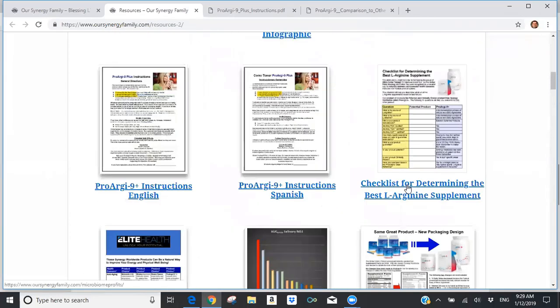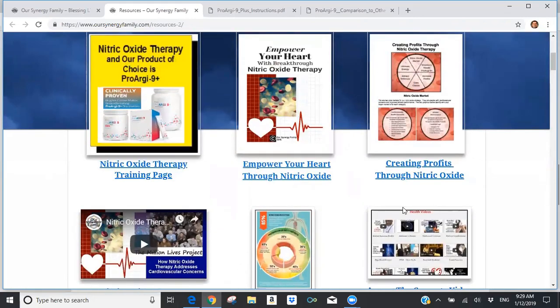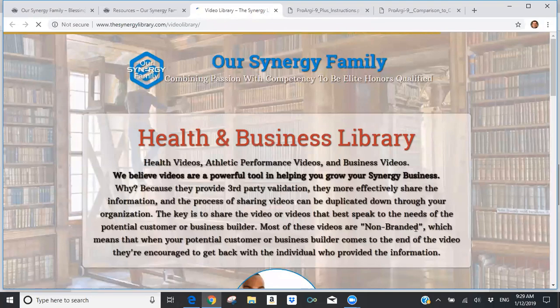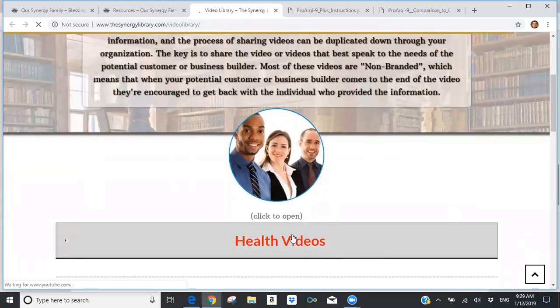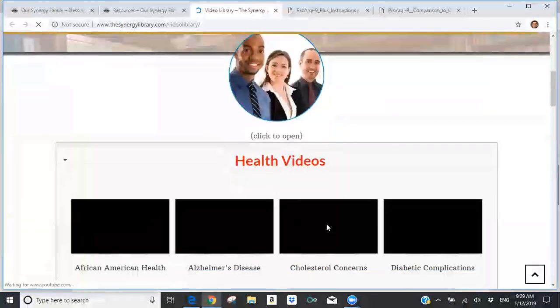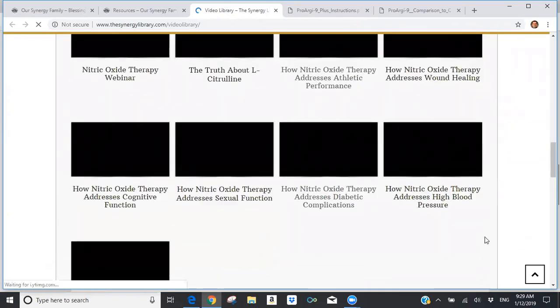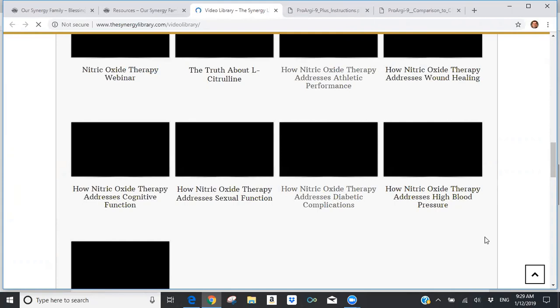So again, it's learning how to use these. Now, if you go back up to the section for nitric oxide therapy, there's a quick link to the Synergy library. And so you can click on that image and it'll take you into the Synergy library. So let's say that I'm dealing with a person who has high blood pressure. I can go into the Synergy library, I can click on my health videos, and then I've got the old videos that I did a couple years ago. And then I've got the updated versions of those videos in relationship to how nitric oxide therapy addresses whatever that thing might be. So if I've got a person who's dealing with high blood pressure, rather than sending them the old video, I want to again make sure that my